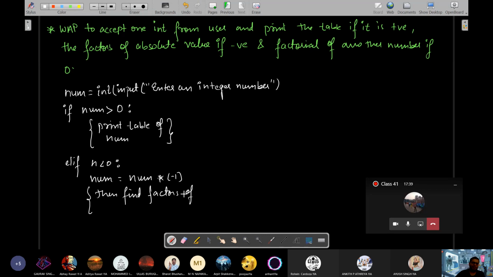Factors of जो num positive हो गया है, because you multiplied the number by -1 and put it back in the variable num itself. So then it will become positive. Factors of num. Okay. Else,